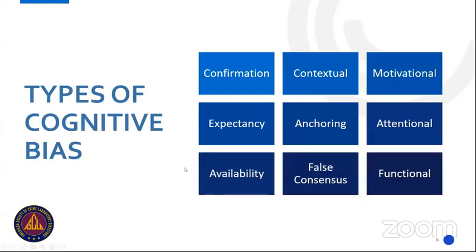So let's talk a little bit about the types of cognitive bias that exist. This is just a sampling, those that, in my opinion, we probably engage with most often. And you'll have heard of confirmation and contextual bias, probably, as we've been talking about bias more frequently in forensics and in leadership positions. One of the things I did when preparing for this presentation is I did a lit search, and I used two search terms, forensics and bias, and there were more than 3,300 results.